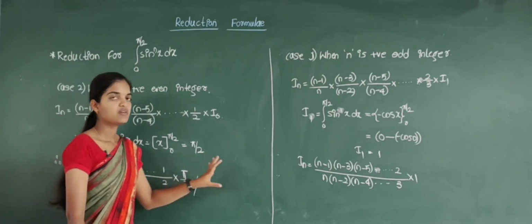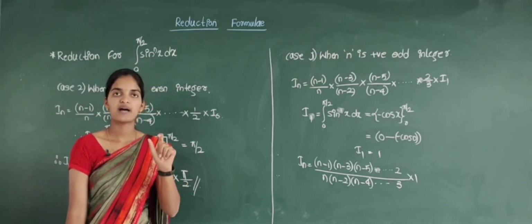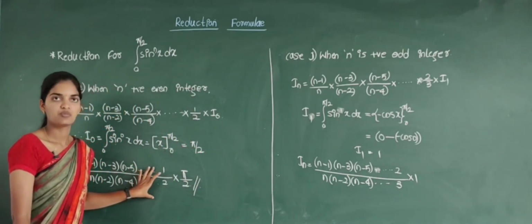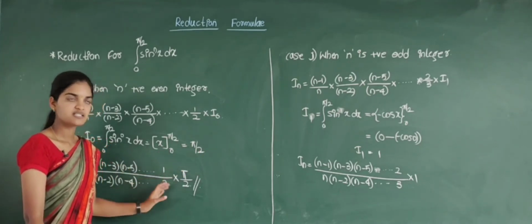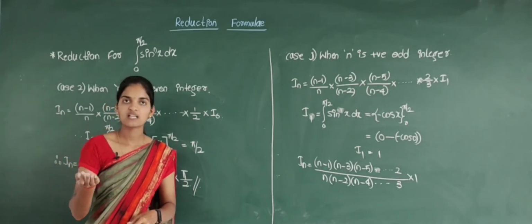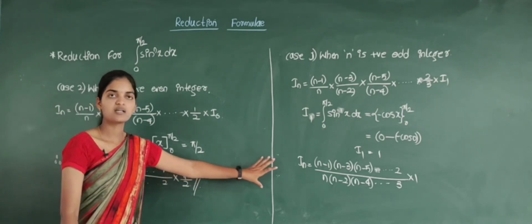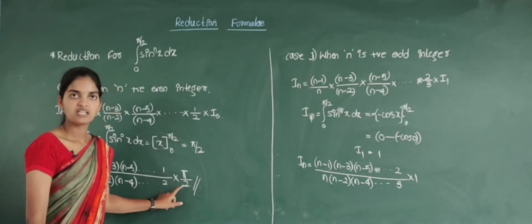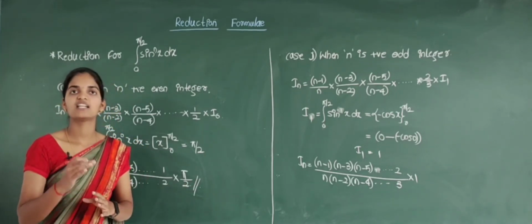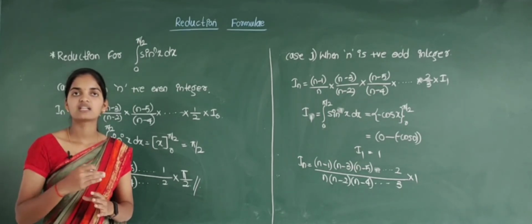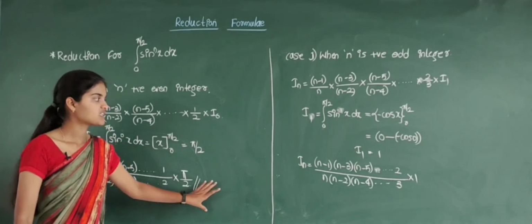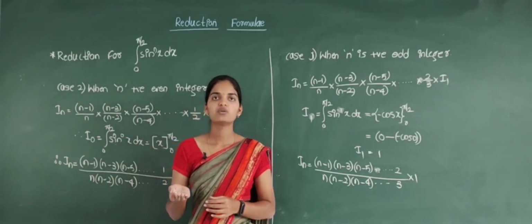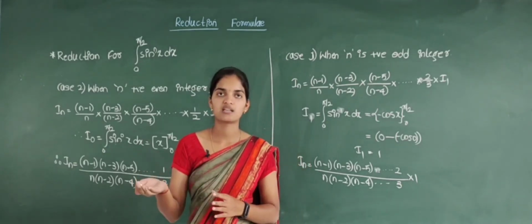So whenever the integration runs from 0 to pi by 2, we get the constant terms and can write them directly using these formulas. Whenever odd and even cases come, you remember these formulas, so in the next classes you can use them directly. Here we took the proof of how to get them, and in higher classes you will use these formulas directly whenever you get the integration of sin raised to n x dx from 0 to pi by 2. So like this we have proved it, and in this video we have taken this reduction formula, and in the next video we will take the reduction formula of cos raised to n x. Okay, thank you.